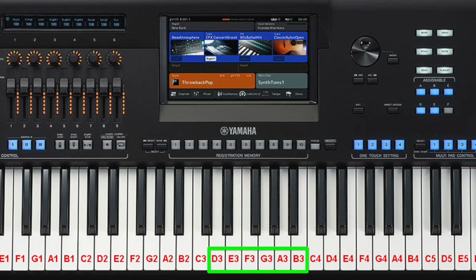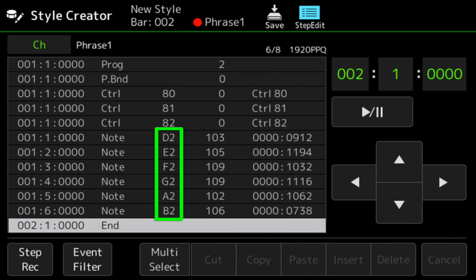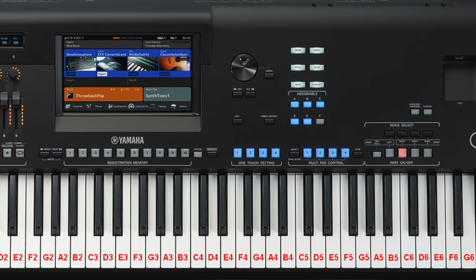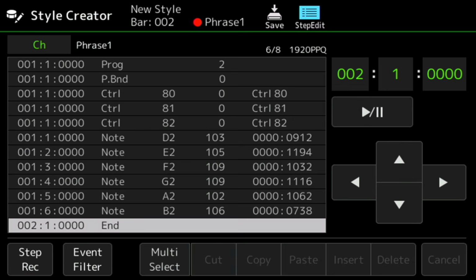Now, a few things to note. Although by default these are keys D3 to B3, when I record this guitar, it records the notes D2 to B2. That's because this guitar voice is set up to play 1 octave lower. You can actually record the notes at a higher octave, which has the effect of playing the notes of the guitar as if they were being played further up the guitar neck. Alternatively, you can edit the notes in Step Edit, choosing the octave you prefer, but do note that depending on